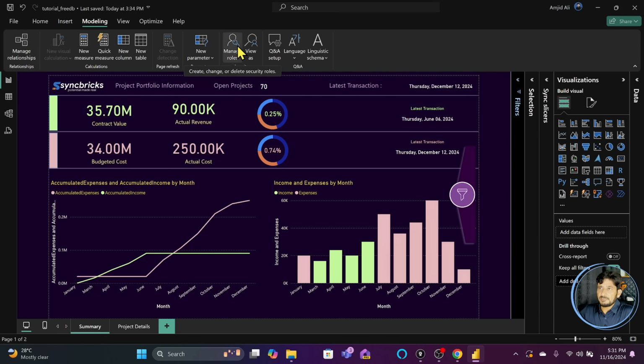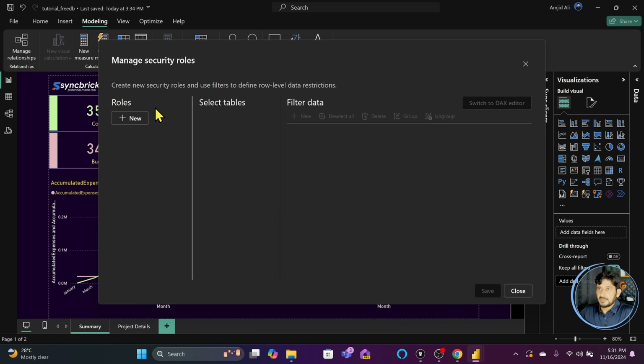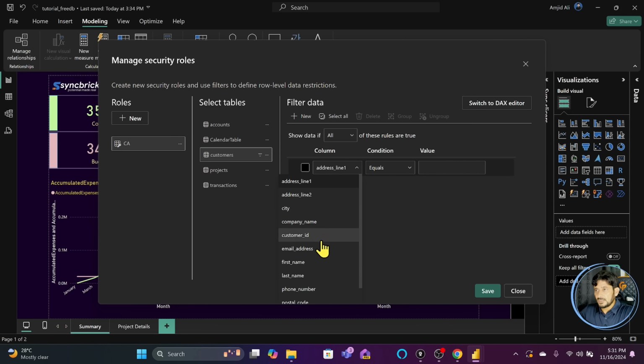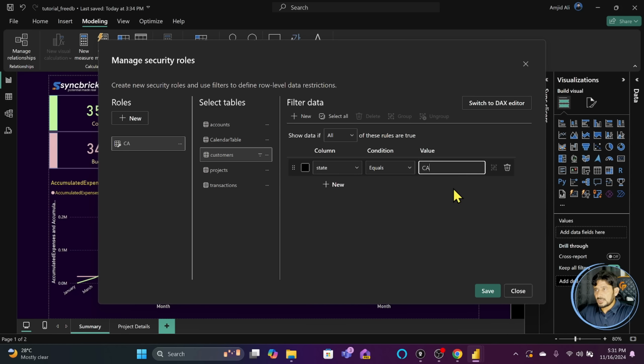What we can do, we can create those roles here. For example, I want to create by state. In fact, there are different project managers working in different states. So I will be doing that for state. For example, if it is California, so I will be going into the customer, and in customer, I will choose state. So here you can see the state, and if I choose CA,